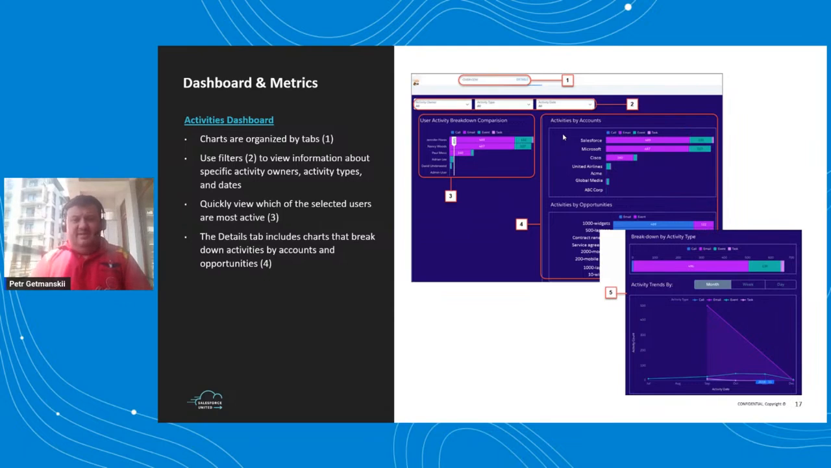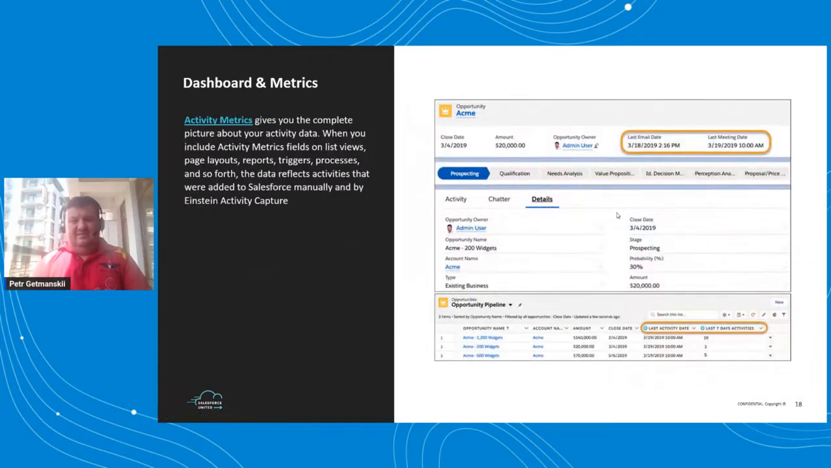I tried to find the screens on the internet, so you can use an activities dashboard with a couple of analytics that was created by Einstein Activity Capture as well as manually. So all activities appear in this report. And second, we can also use